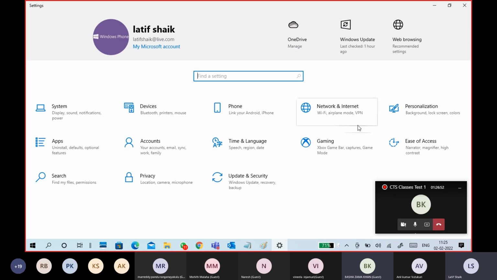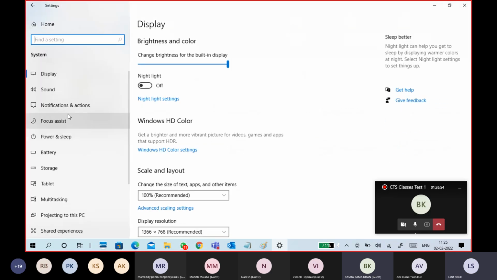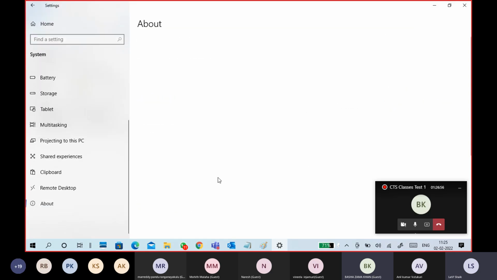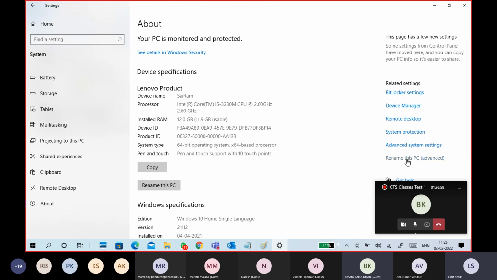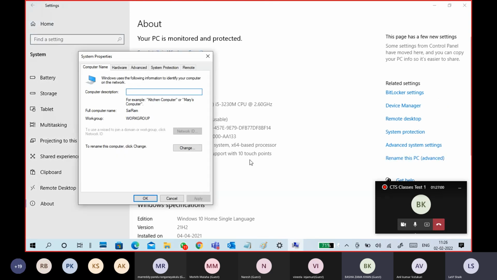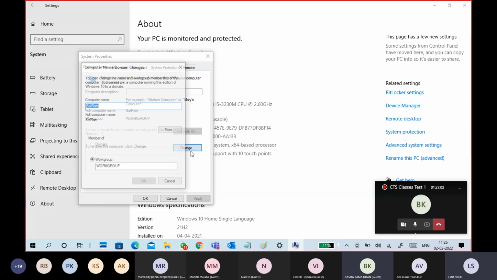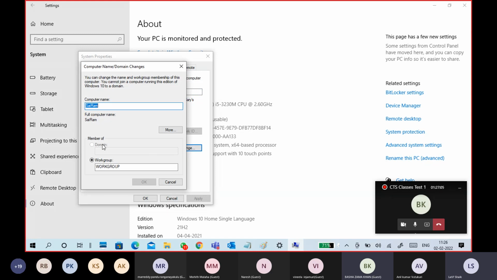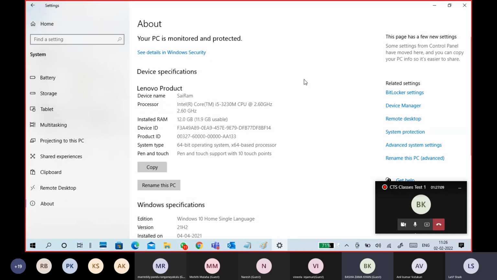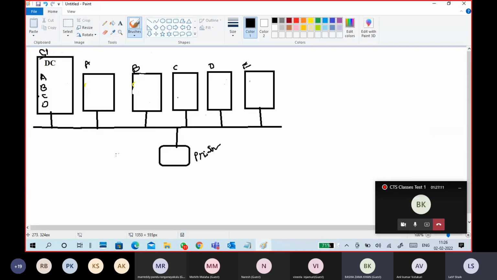I went to each individual PC system, went to rename this PC, advanced, change the member of domain, clicked member of domain, and entered the domain name. It's just a name to say these all belong to this particular name. Like that, these all PCs